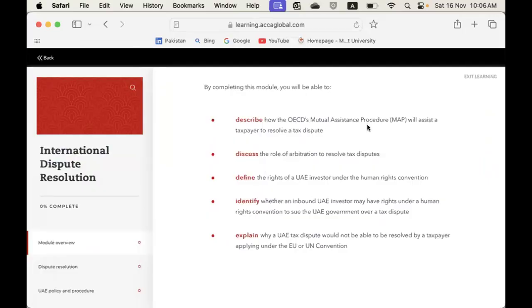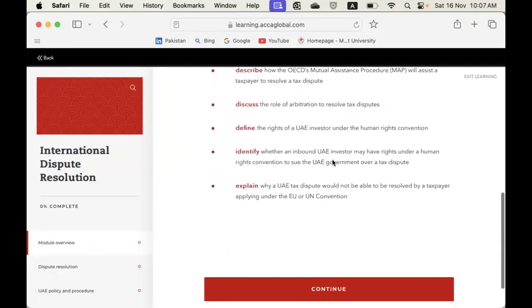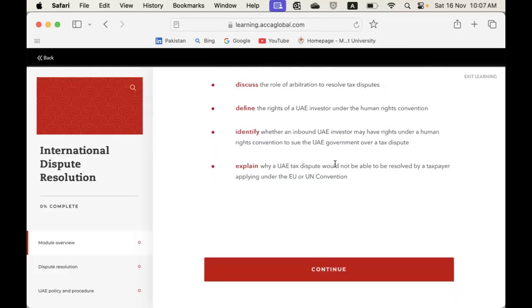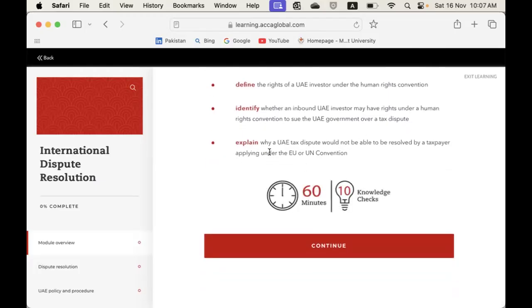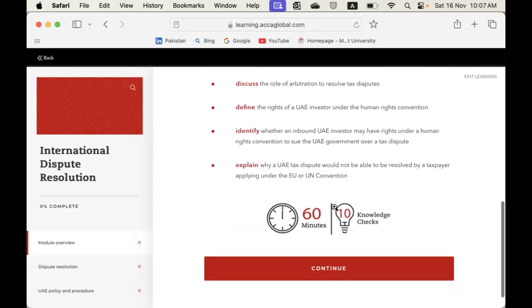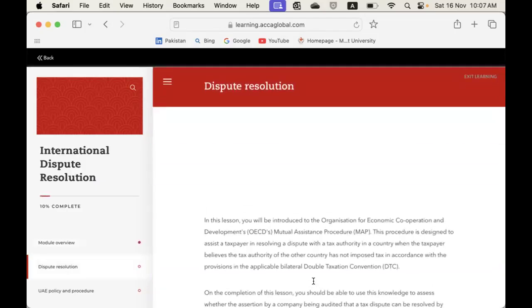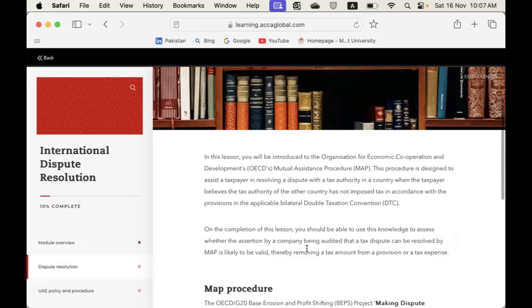Describe how OECD's mutual assistance procedures work. Discuss the role of arbitration to resolve a tax dispute. Define the right of a UAE investor under the Human Rights Convention. Identify whether an inbound UAE investor may have rights under a human rights convention to sue the UAE government over a tax dispute, and then explain why a UAE tax dispute would not be able to be resolved by a taxpayer applying under the EU or UN convention. So, it looks like today we'll be looking entirely into the international aspects of dispute resolution from a UAE investor perspective as well as OECD